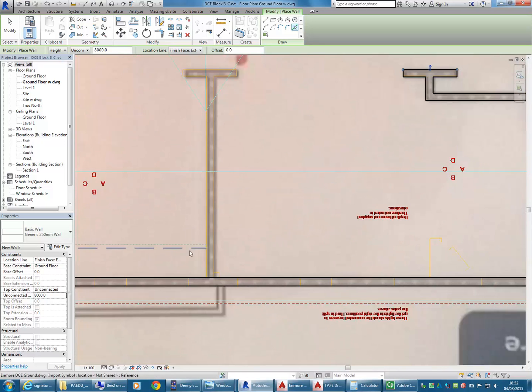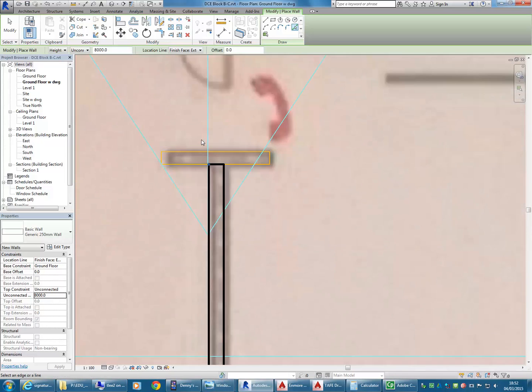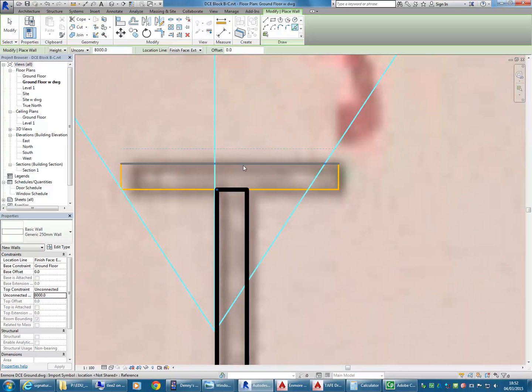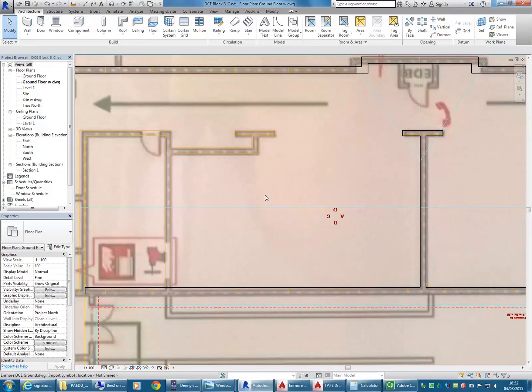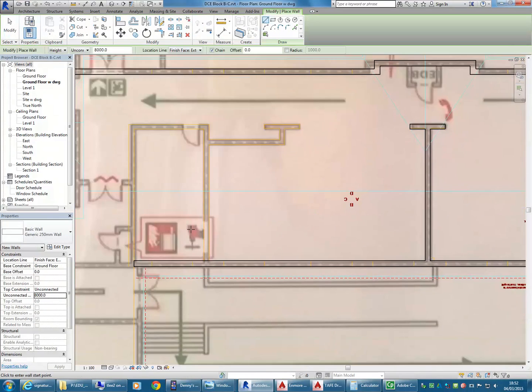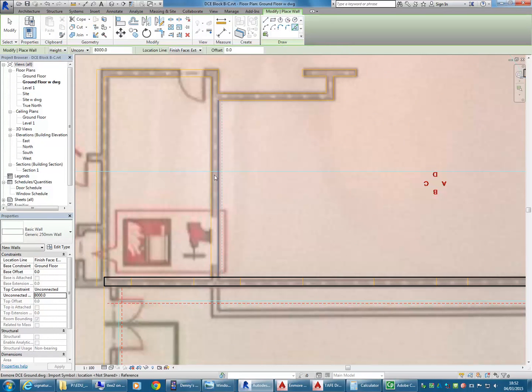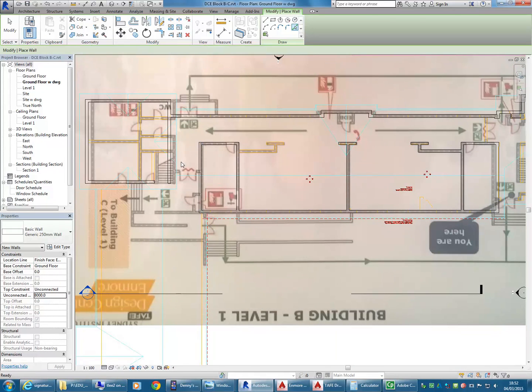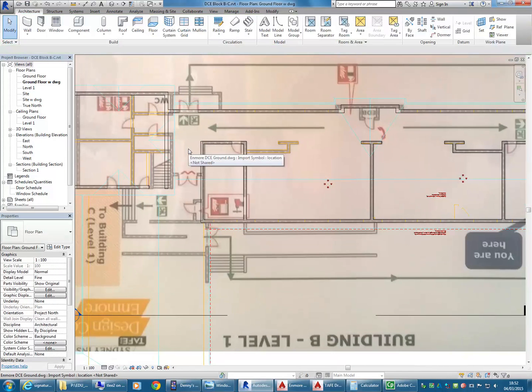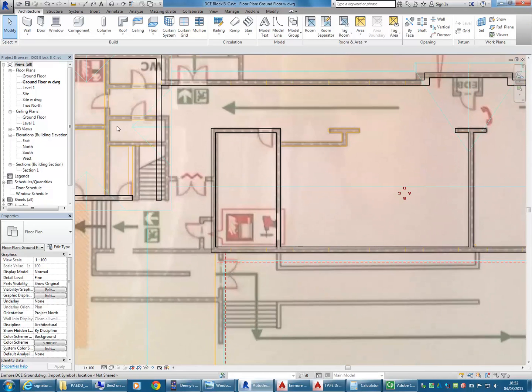Alright, so pretty quick. Once you do the work in AutoCAD, it can seem like a lot of extra work, but it will hopefully save you from fiddling around too much in Revit. So you can see there pretty quickly you can knock up a fairly complex floor plan just following AutoCAD. But then before you go too far, you definitely would want to think about your heights. And that's really the main thing I wanted to show you with this area where the